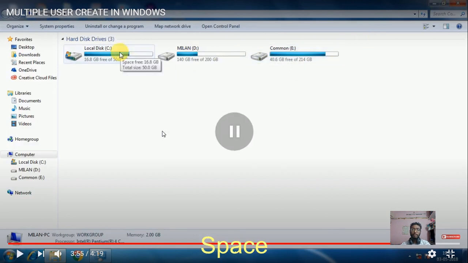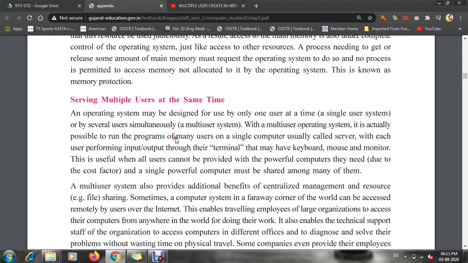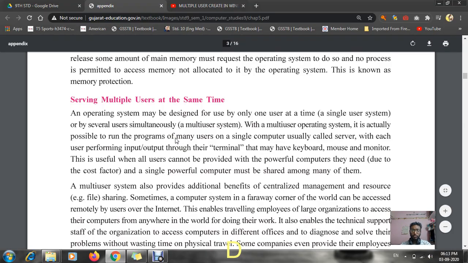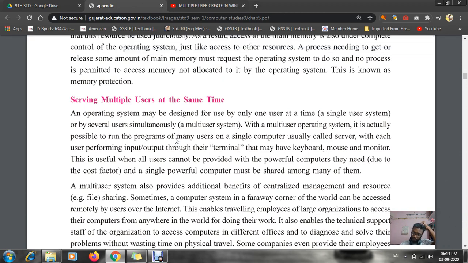Now this is known as handling multiple users at the same time. So if I want to use my computer, I can use it with my own password. If my sister wants to use my computer, she can also use it by entering her own user.